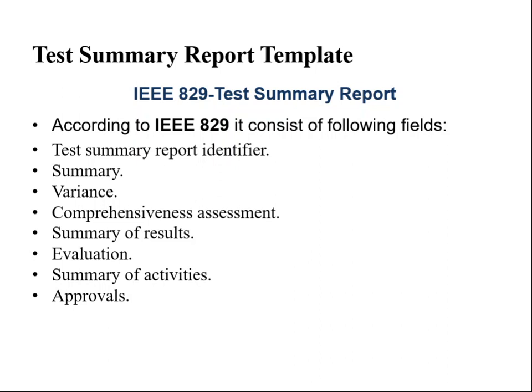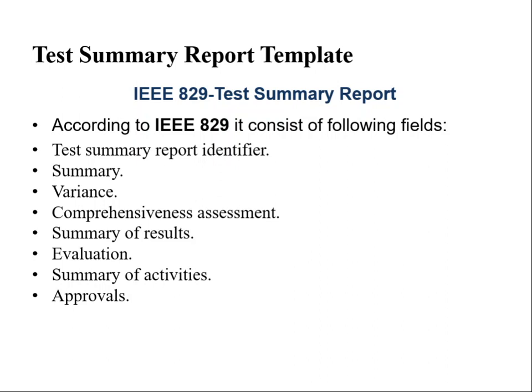It is used to assign a numeric identifier to the test summary report. This identifier helps to easily identify and track the report. The number may also identify whether the summary report is for the entire project or whether it is for specific level of project.